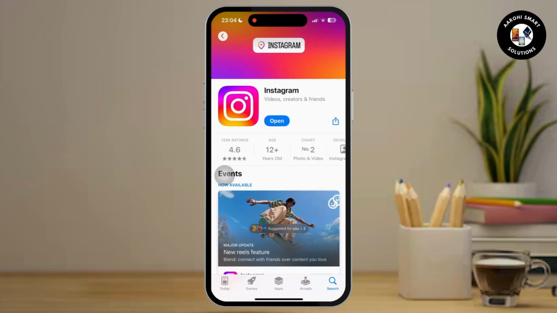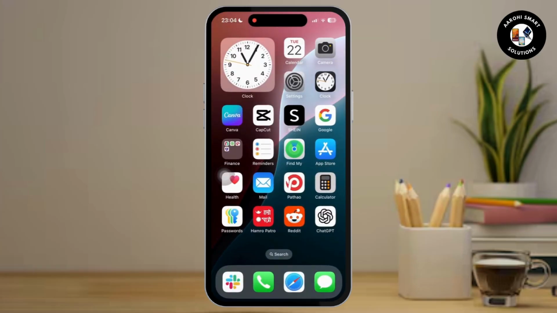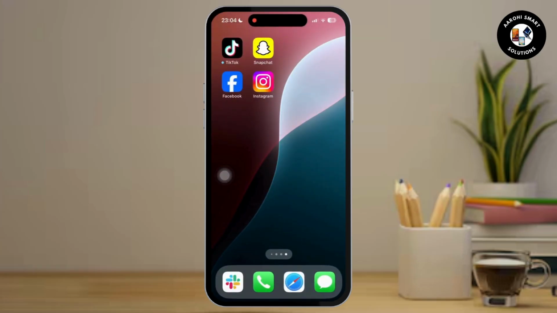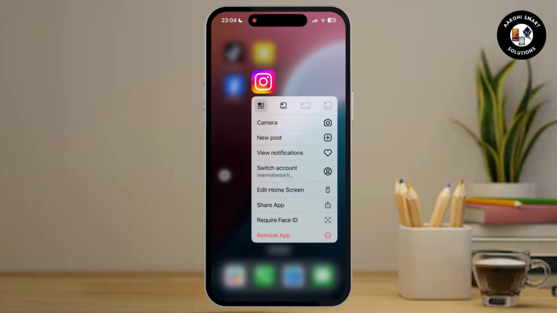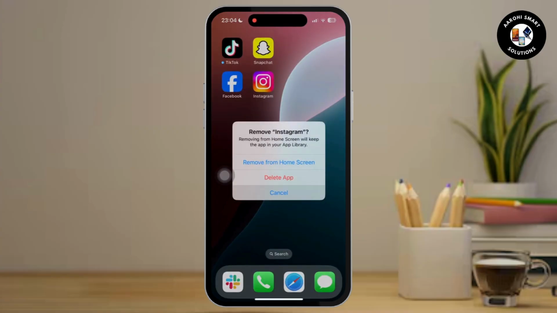Now again done so, and if it's still not working, then you'll have to follow this last method. Go back to the home screen and search for the Instagram app in your home screen. Now all you have to do is long press on the Instagram app and then you will get to see delete app option available there or remove app. Tap on the remove and delete the app and reinstall it from the App Store. Then try logging in with your new or